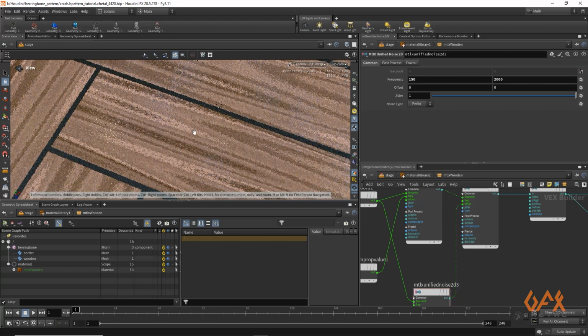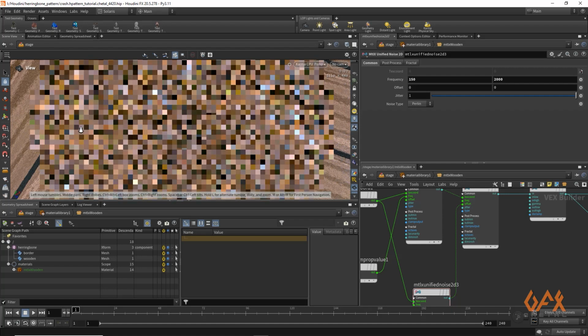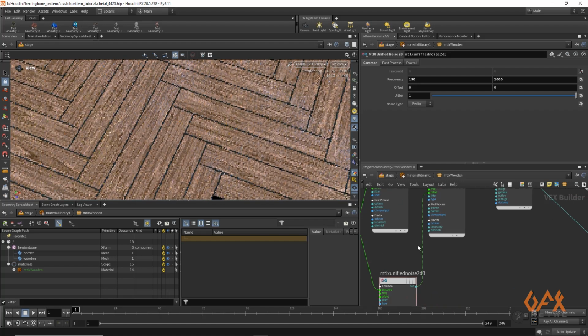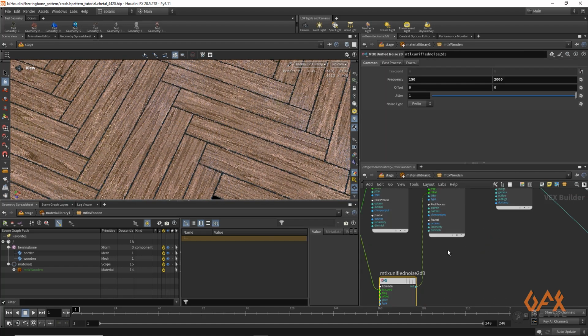Now you will get a bit noisy pattern like this. Okay, so it's totally up to you. You want to use that or not. I just temporarily remove that one.